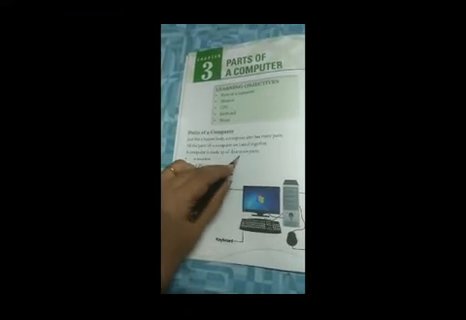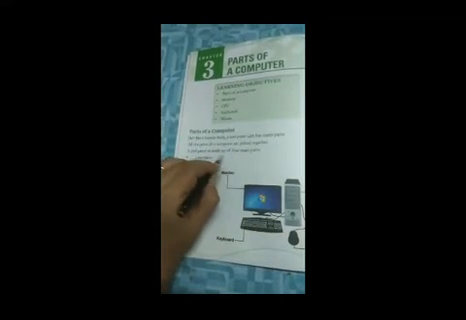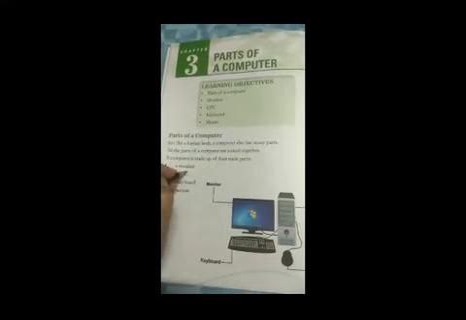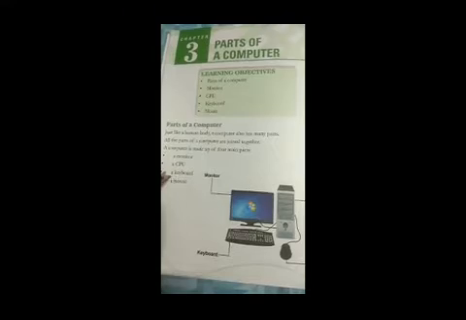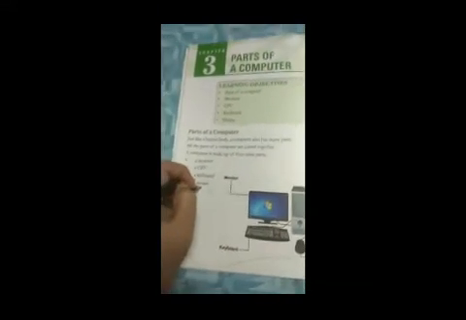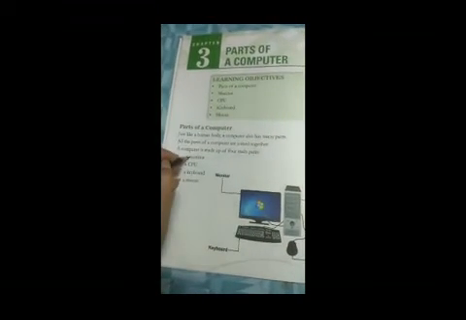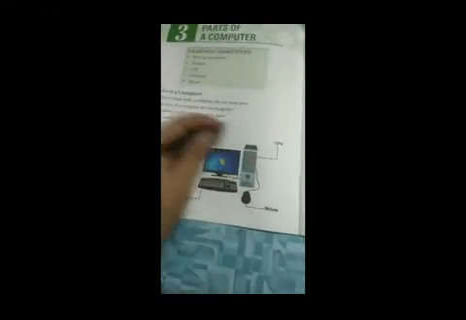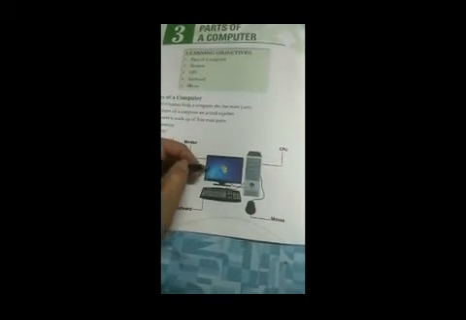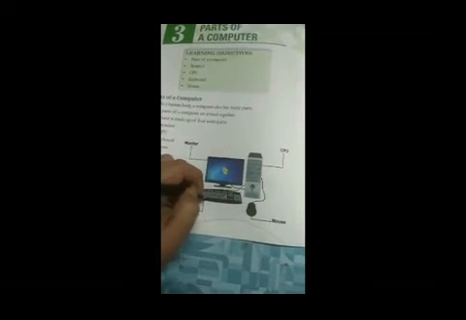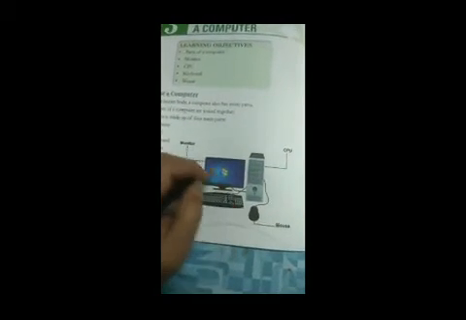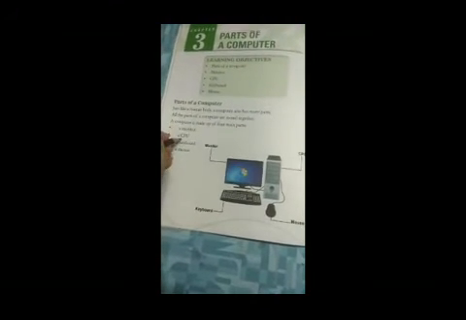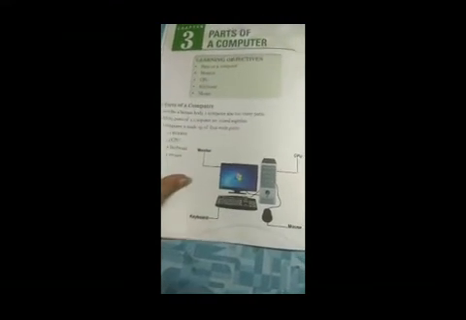A computer is made up of four main parts. Now, a monitor, a CPU, a keyboard, a mouse. So, a computer has four main parts: a monitor, a CPU, a keyboard, a mouse, which I have told you over here also. You could see in this picture again a monitor, a keyboard, a CPU and a mouse. So a computer has four main parts, that are monitor, CPU, keyboard and mouse.